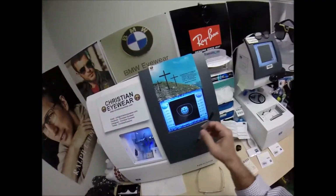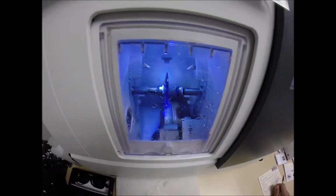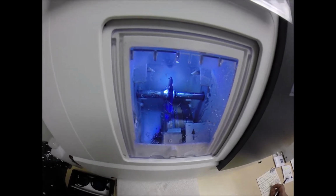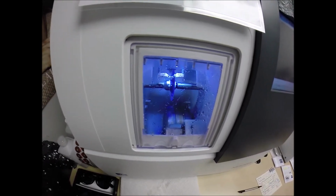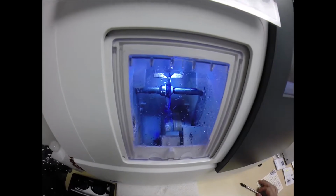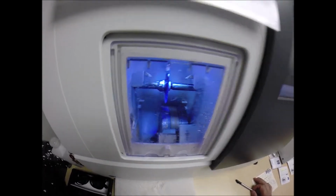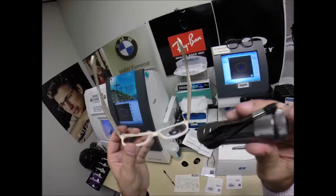So, what am I doing? I'm hitting the start button. The door closes, the clamp shuts, the lens is going to be traced again by the two white styluses, making sure the lens is large enough to fit into the left side of the frame. On the first go around, you can see it's tracing the left side. And now again, measure twice, cut once. It's measuring the thickness of the lens at every point to know exactly and precisely where to place the bevel,